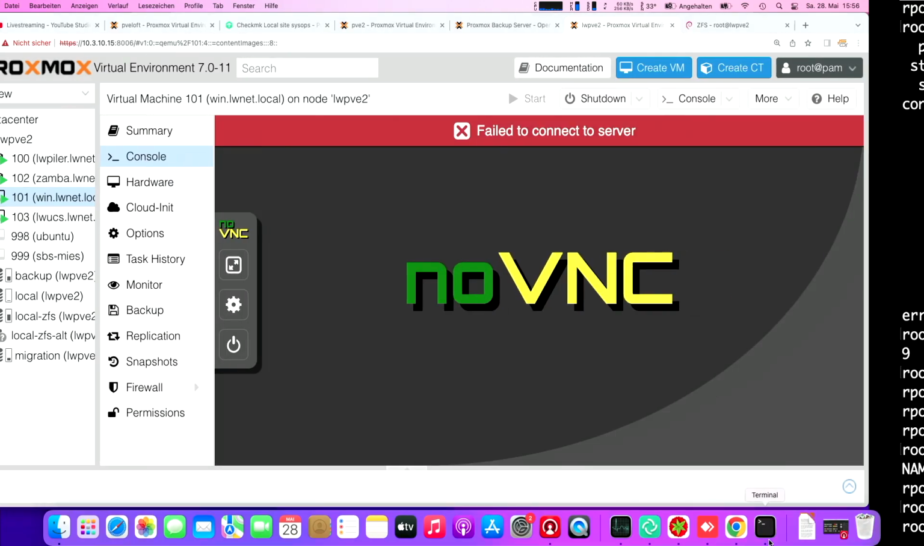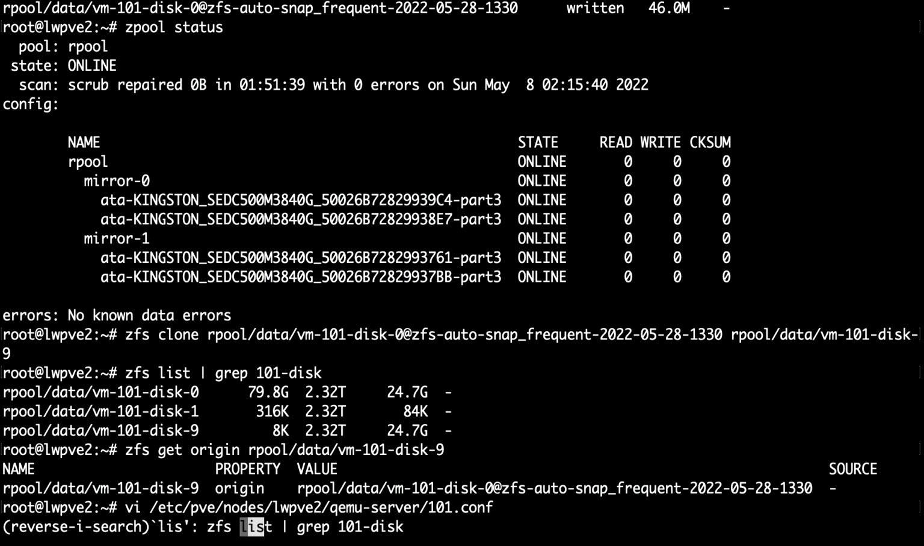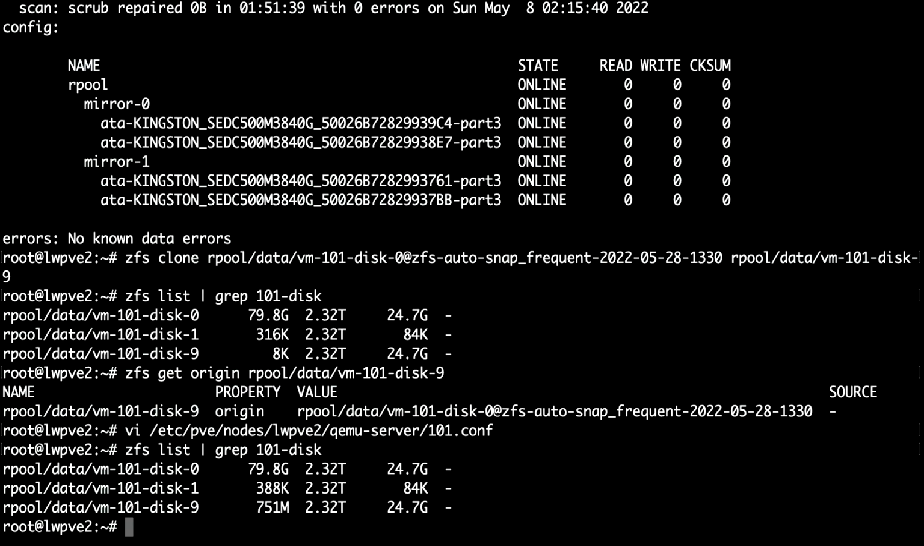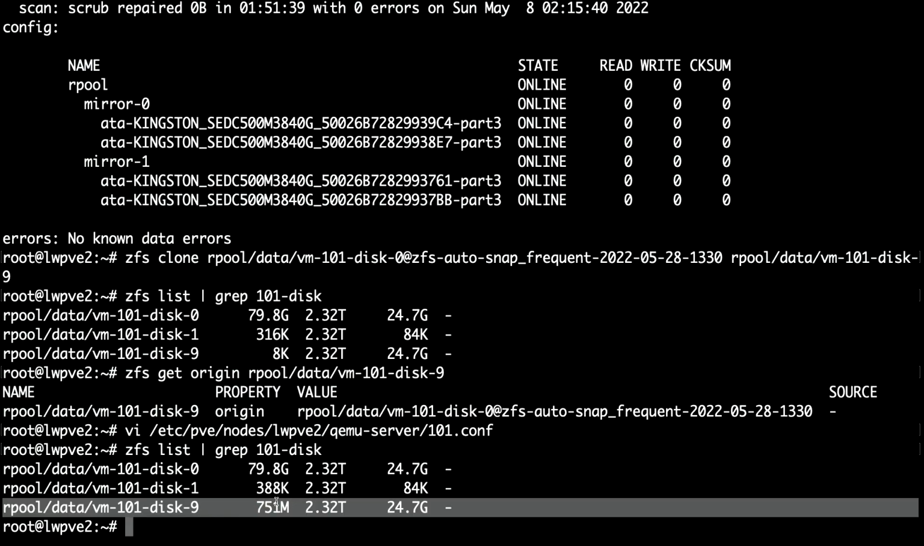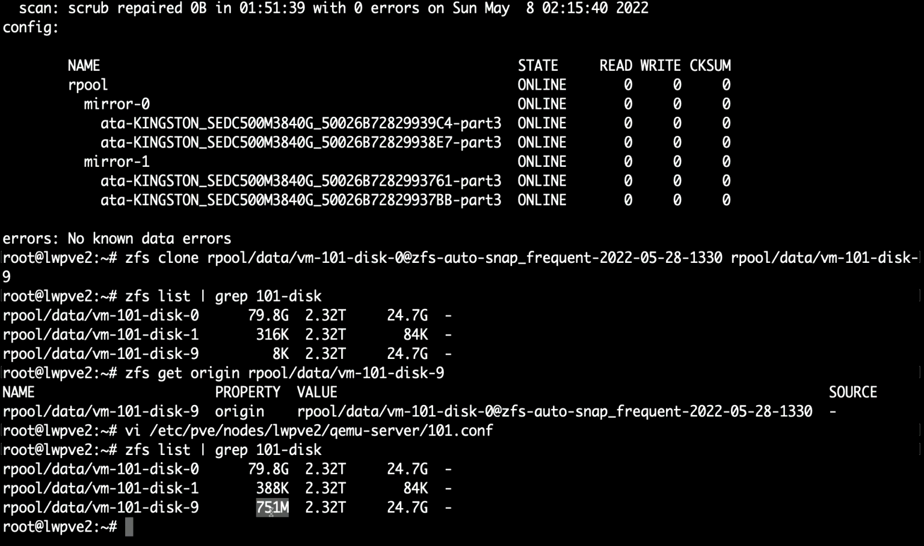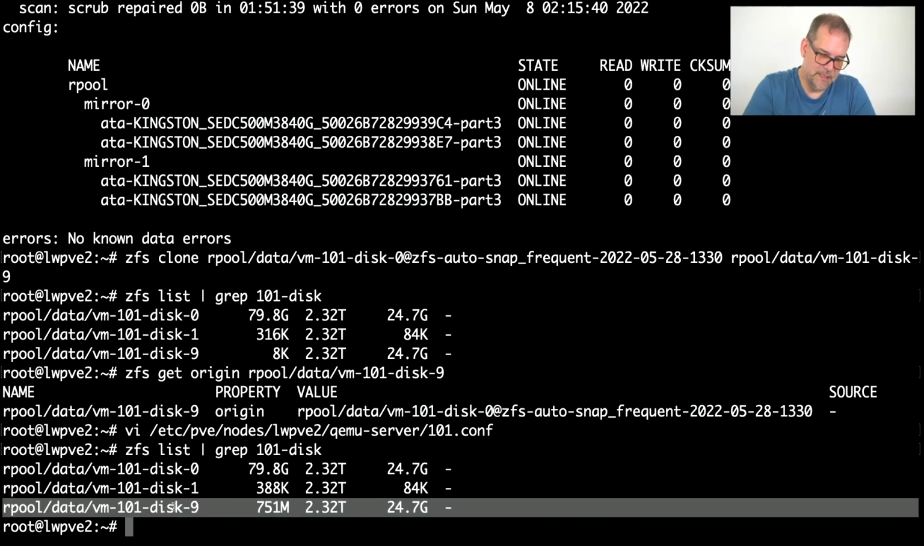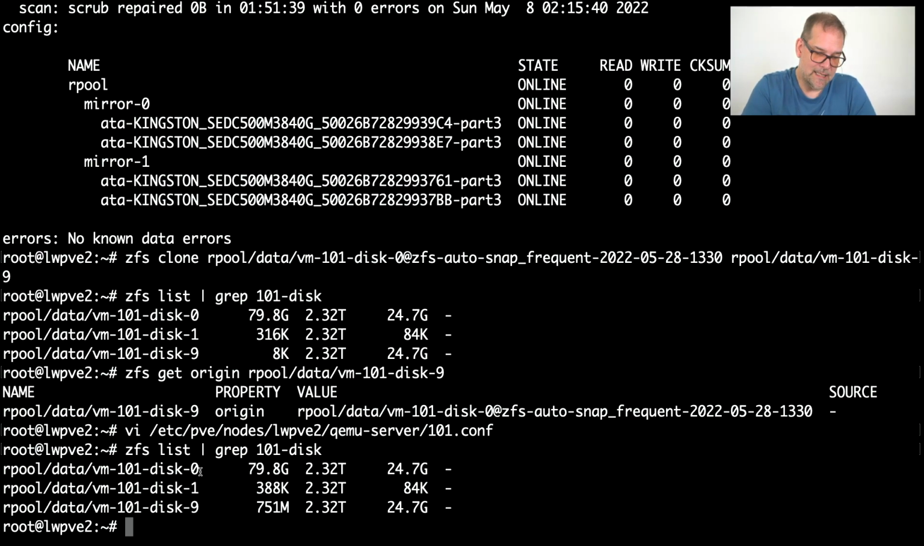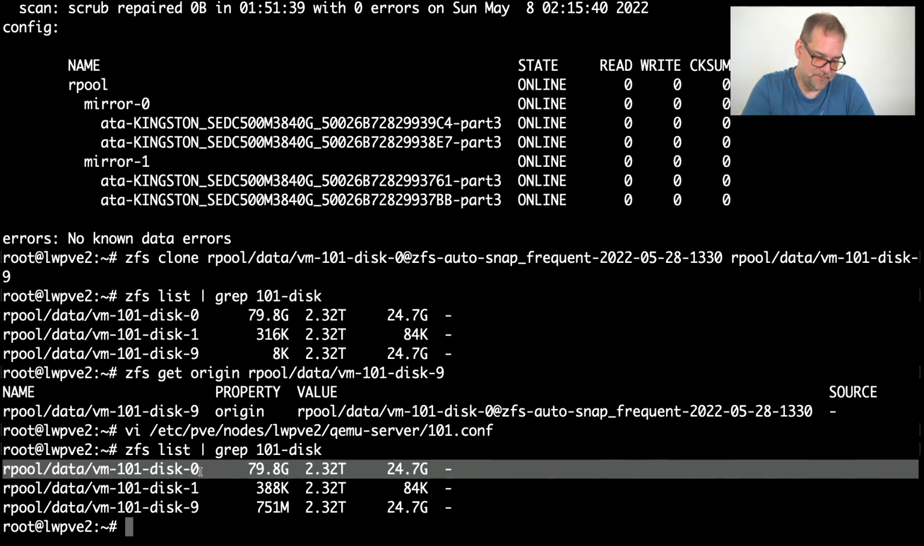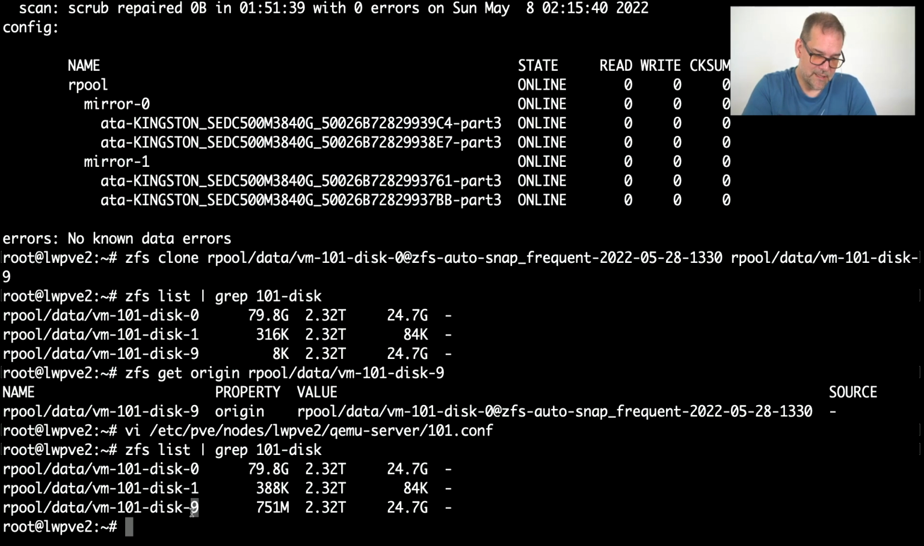I can list it again. So as you can see, we changed 700 megabytes by booting. And what I can do now, I can promote this one here. This means this would be the productive one now, and this would be the clone then. But at this point, I'm happy with the decision, and I say, okay,